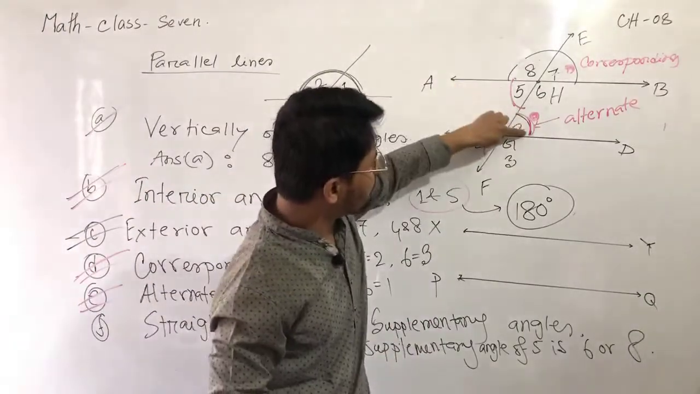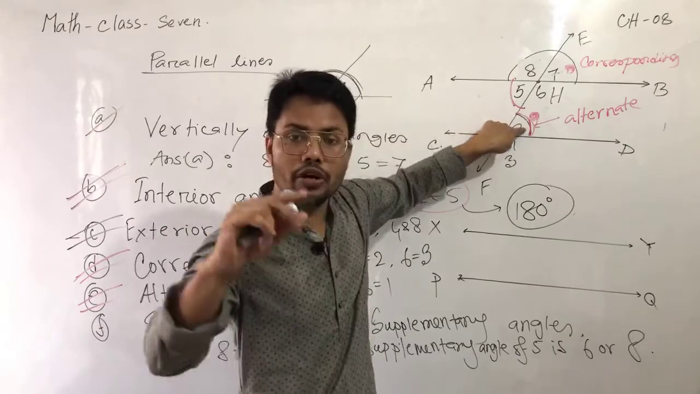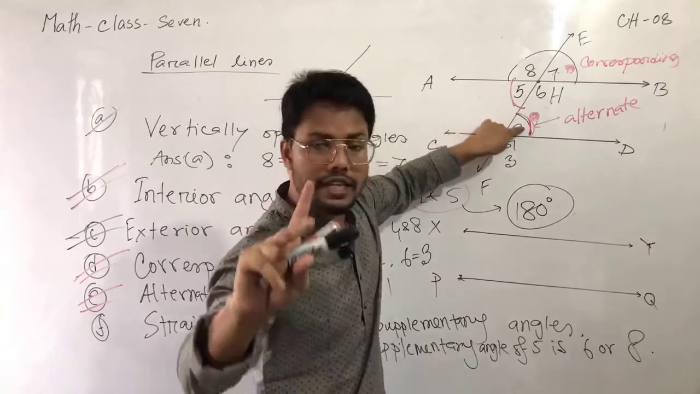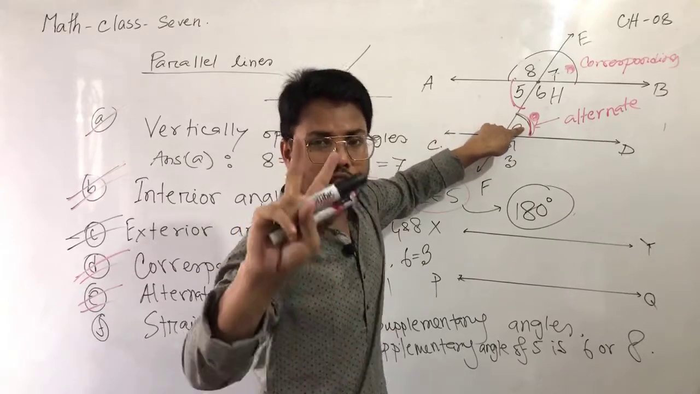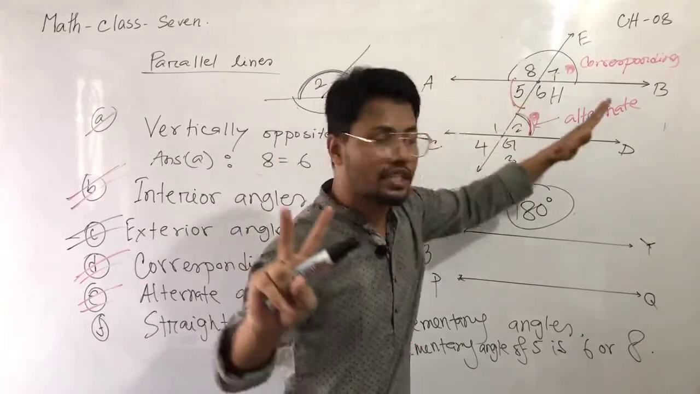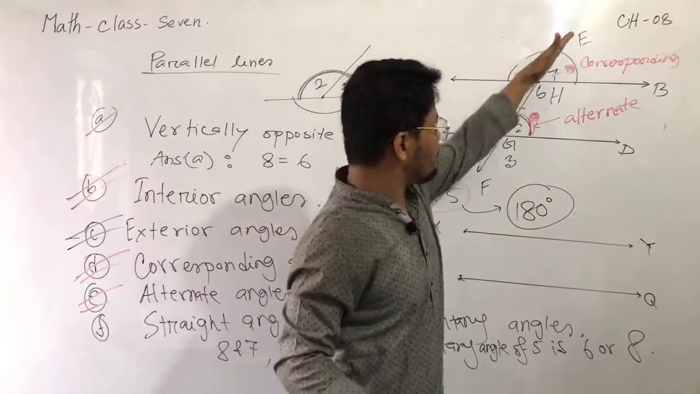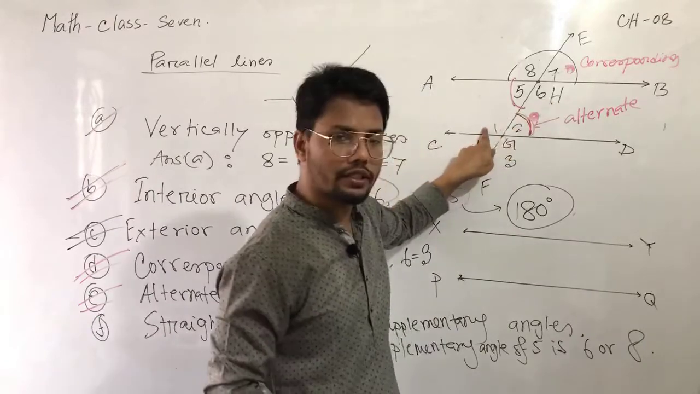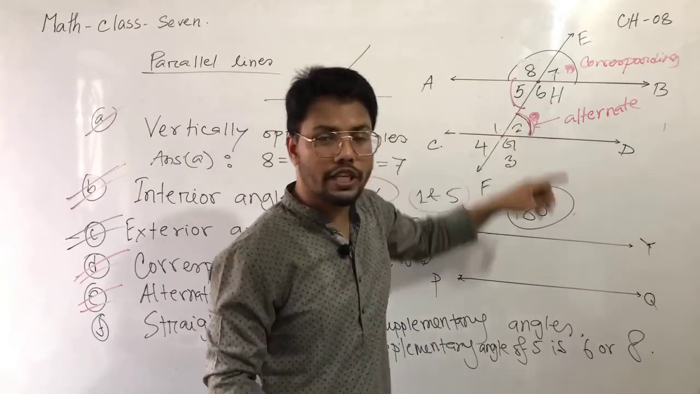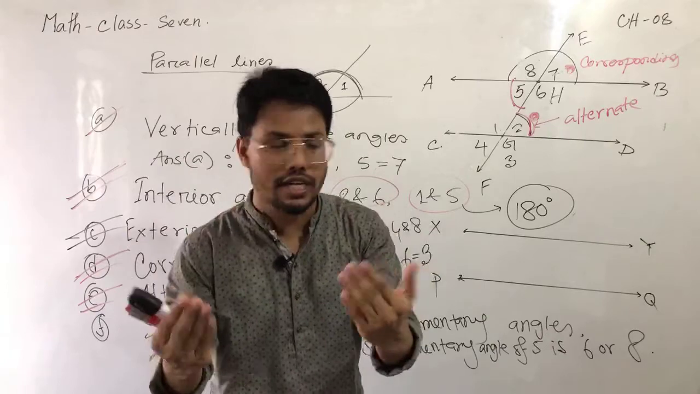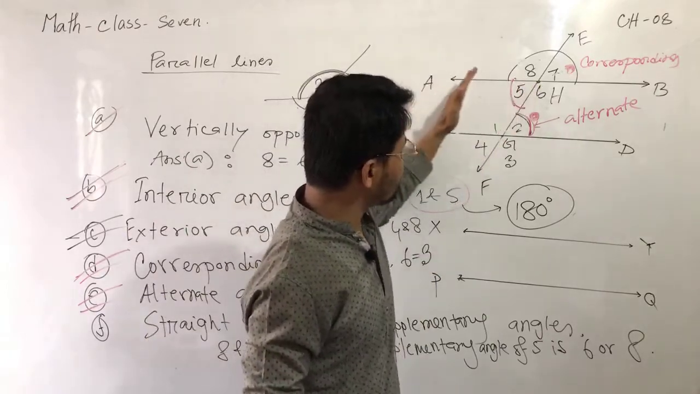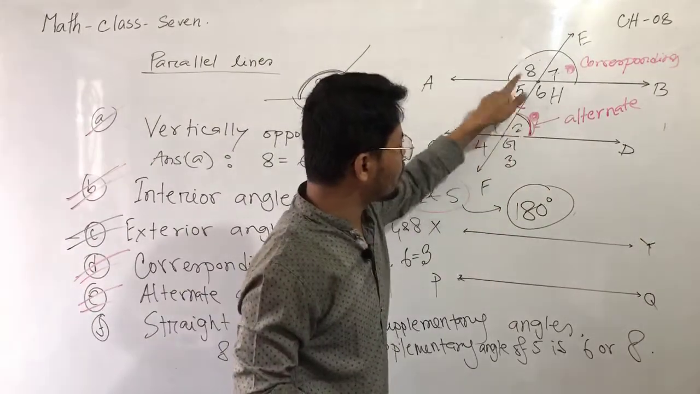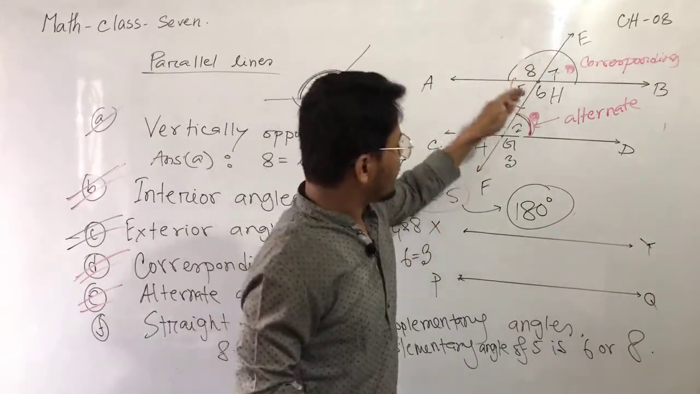These two angles are inside the parallel lines. They are always inside the parallel lines. First condition: they are always inside the parallel lines. Second condition: they are on the two sides of the transversal, like 6, 1 and 5, 2. They are equal because they are alternate. So alternate angles are always on two different sides of the transversal, like 5, 2